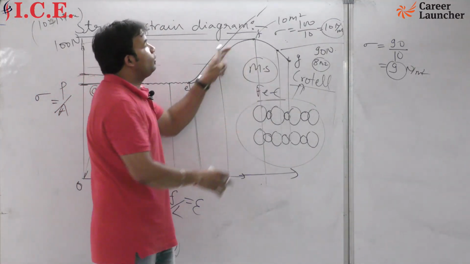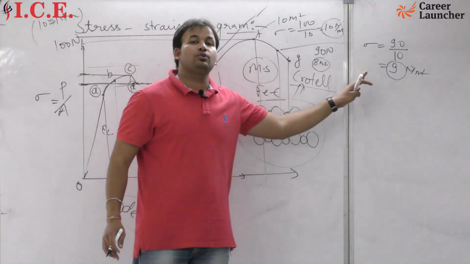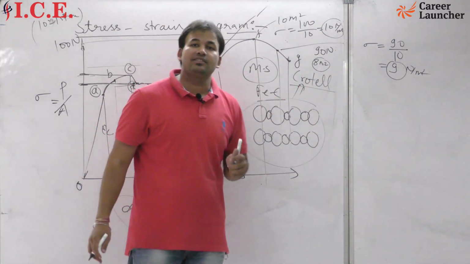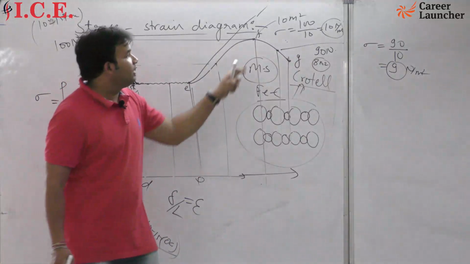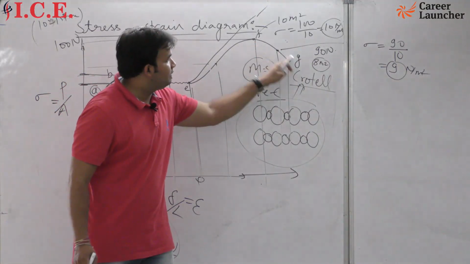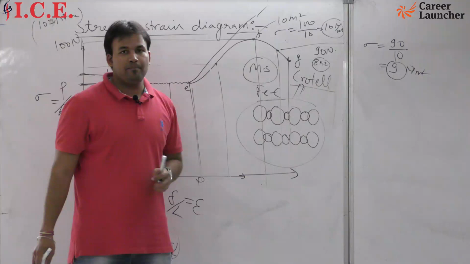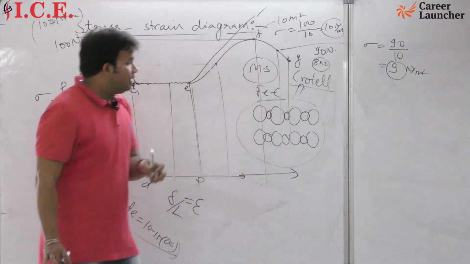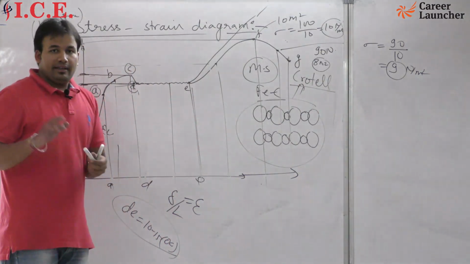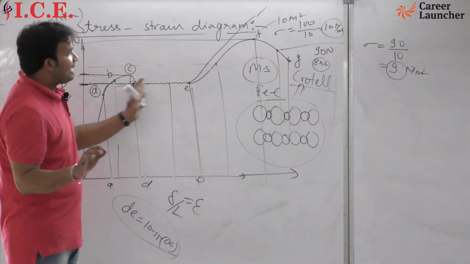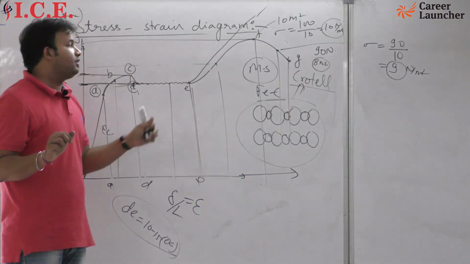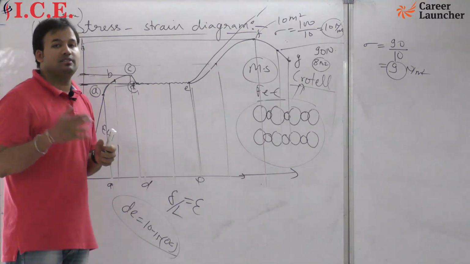And here you are taking the original area because you are considering the engineering stress versus strain diagram. That's why your curve will be like that. Your curve will decrease here from F to G. Clear? Fine. Now, if this diagram is clear to you, then definitely on this basis you can solve many questions,